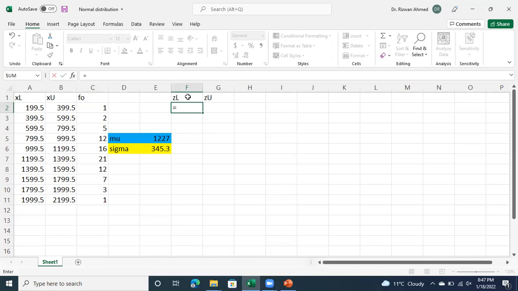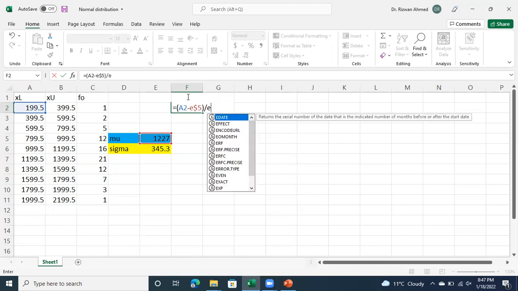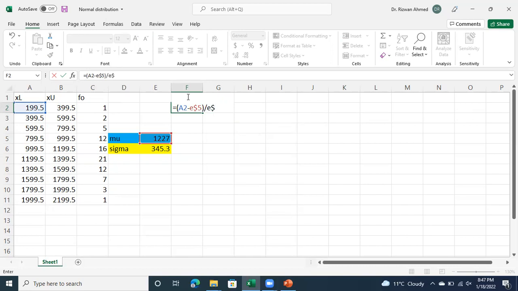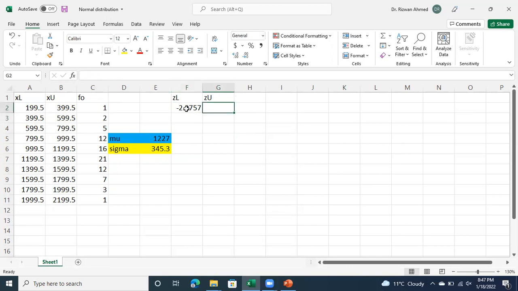For the first class, this will be equal to the XL value minus the mu value, which I will pick from its location, divided by the sigma value, which is at the E6 position, and that's it. Similarly,